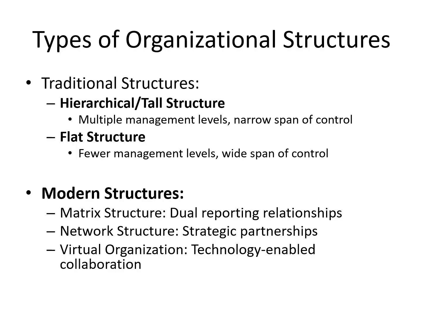Modern structure, okay. By modern structure, there is a matrix structure, dual reporting relationships. If you study this in your books, dual reporting relationship is where a person reports to two persons. Then we have the network structure, strategic partnership. Network structure is where you don't have to report only within the organization. You can have partnership with different people who are very important to the organization's working and other things. Like you have the stakeholders, or a strategic partnership with other companies who manufacture a particular product that is required by you to make a finished product.